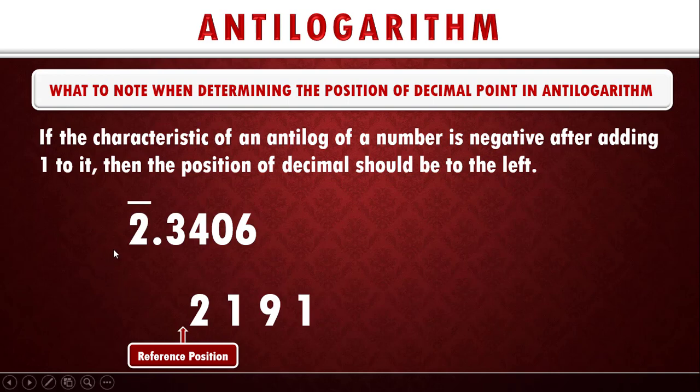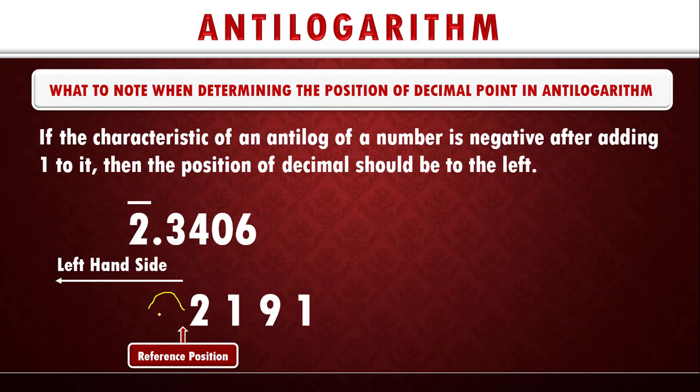Okay, so the next thing to do will be to add 1 to this characteristic. So our characteristic in this number is bar 2. So bar 2 means minus 2. So when we add 1 to minus 2, we have minus 2 plus 1, and that's going to give us minus 1. So that means we're going to count 1 to the left hand side. So let's try to do the counting now from our reference position. 1,